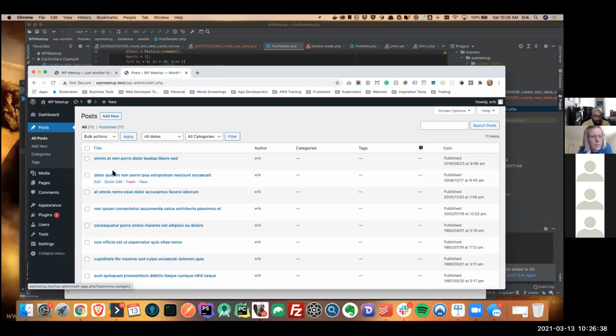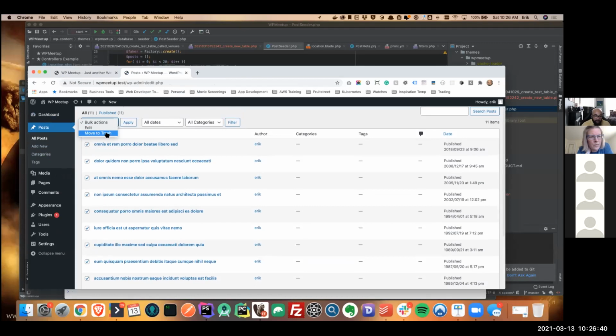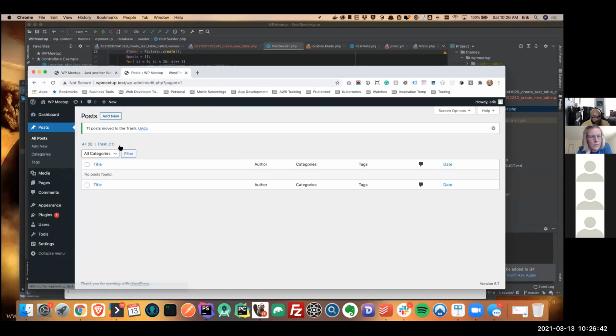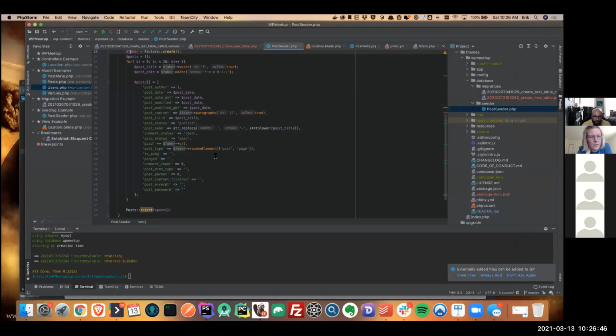All right. So right now I do have test things in here. So what I'm going to do is move those to trash real quick, just to show you how this works. Right now I have no posts. So what I'm going to do now, using Phinx again, is seed run, and I want to do post seeder. Basically I'm telling it to run a seed, and I'm telling it to choose this particular seeder, and then it will run this data for me.